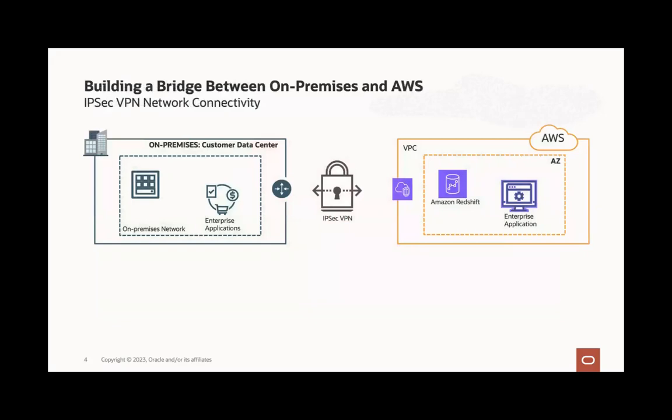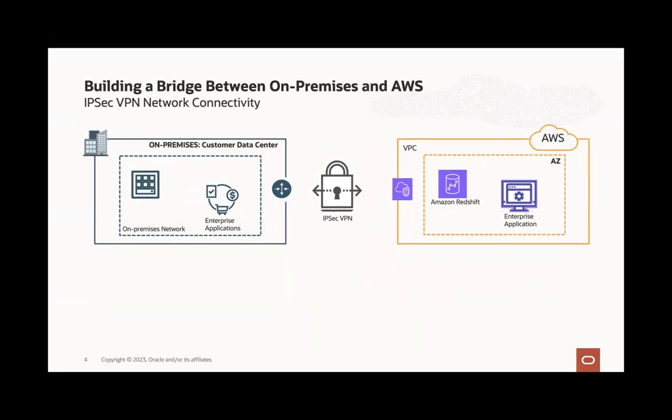Here, we have an on-premise system hosting enterprise applications, servers, and databases, all running inside the private on-premise network. Similarly, the AWS cloud hosts enterprise applications and multiple services, all running inside the private subnet. At a high level, to bridge the network connection between on-premise and AWS, we are showing the option of using